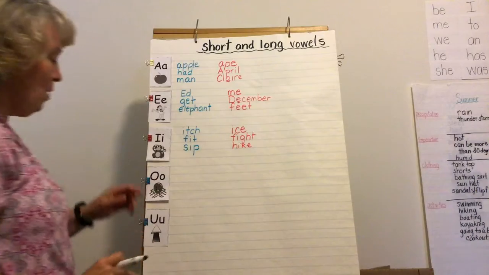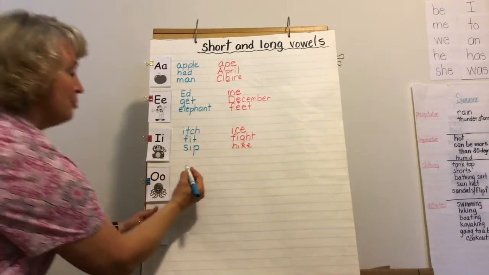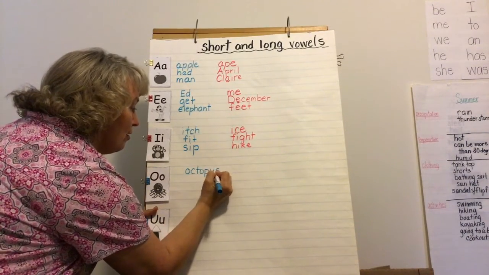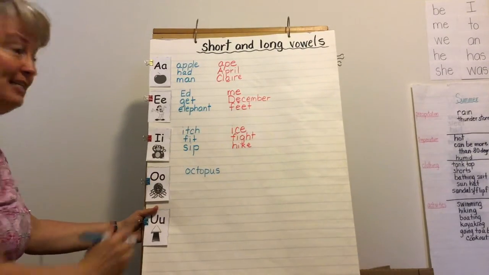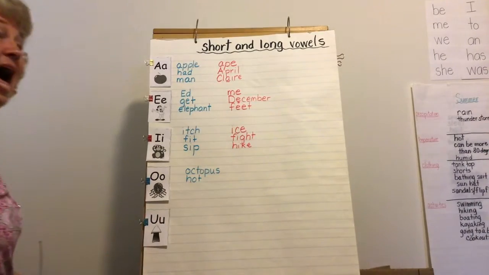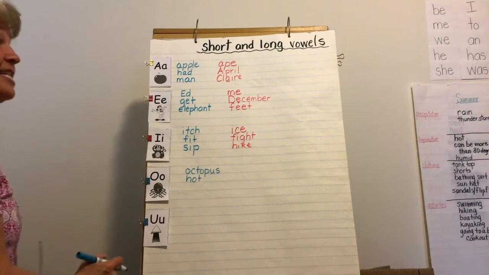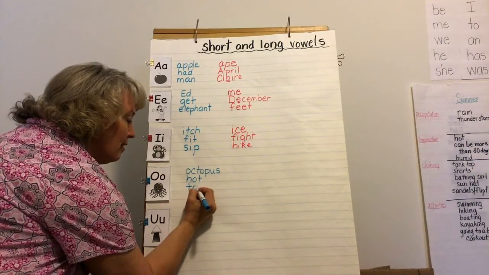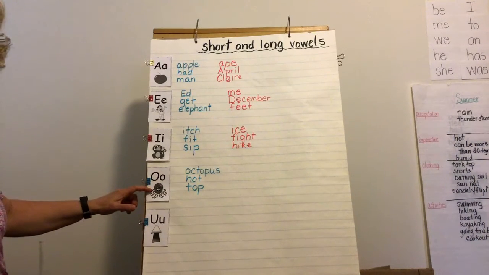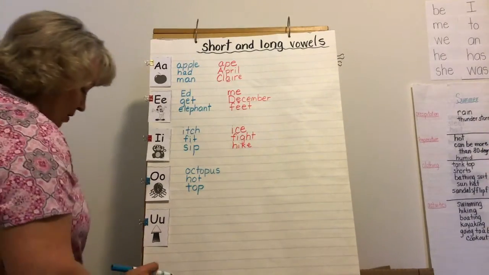All right, so let's go on to short O. It says O, octopus. So let's put our octopus on there. I could use the word hot. Has that short O sound. Hot. Okay. Or I could use the word top. Has that same sound. So O, octopus, and the long sound would say O, like the word